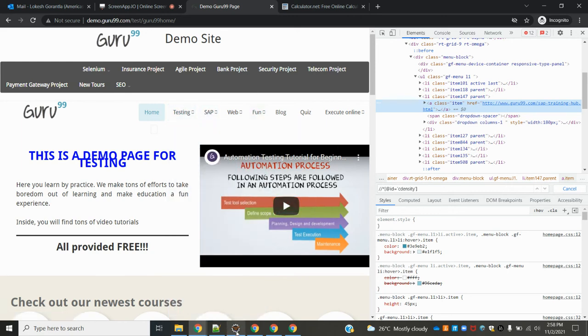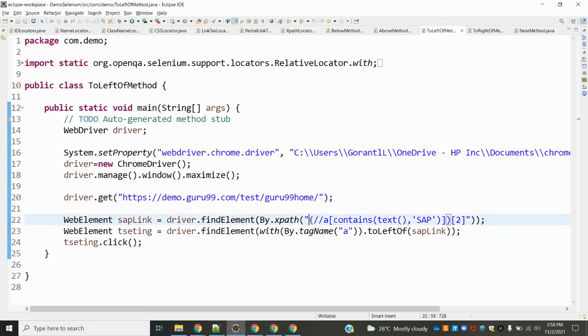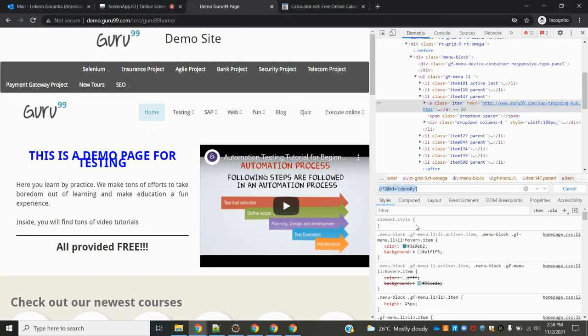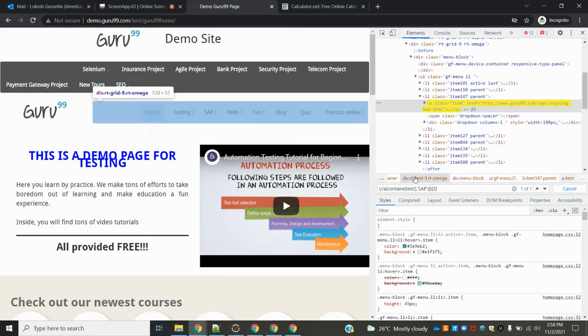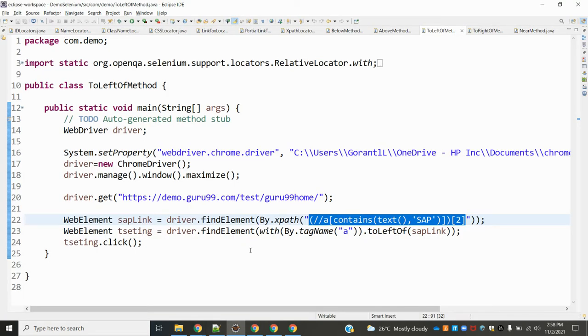Okay, for that I took this XPath: to left of, anchor tag contains this whole path, it will take SAP. It is highlighted, right? Once it is highlighted, you can see SAP is highlighted. Then next tag is a to left.